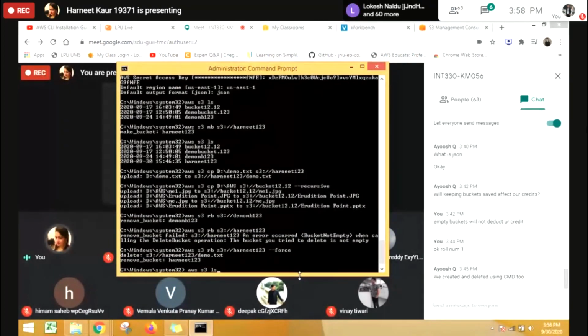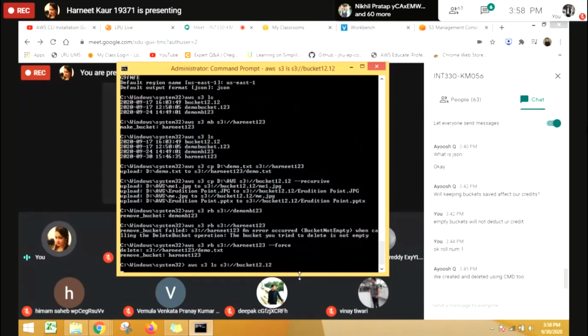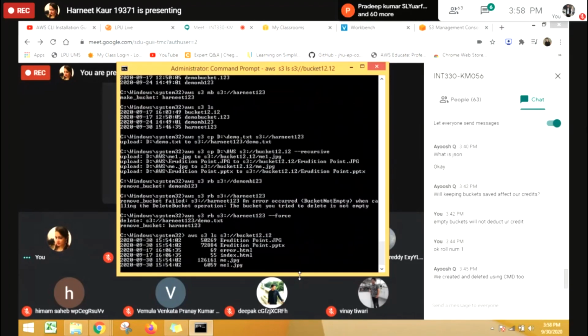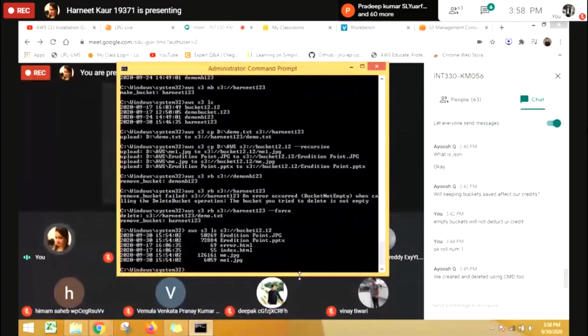अब किस चीज के लिए ls करना है? तो the special bucket जिसको मैं चेक करना चाहती हूँ, it is bucket 12.12. ठीक है, मैं चाहती हूँ कि बकेट 12.12 में जितना भी डेटा मैंने अपलोड किया हुआ है वो सारा का सारा मुझे उसकी लिस्ट शो हो जाए. For that thing I will provide the name of the bucket along with this ls. So I will press the enter key and it will display the entire data to me along with the size of the data and the time when it was uploaded. So I hope that you are able to understand these entire topics here, the entire command lines here.